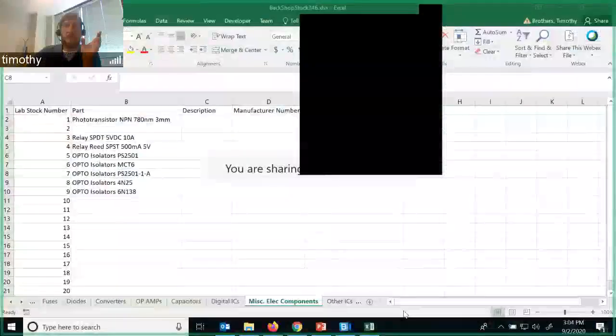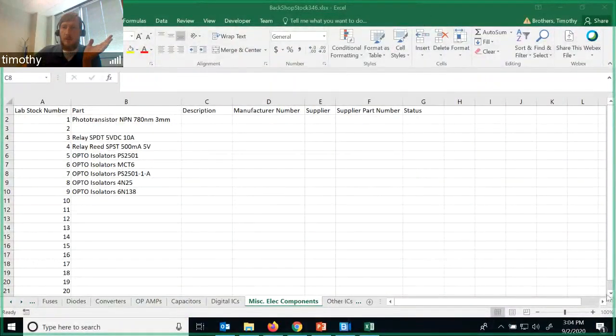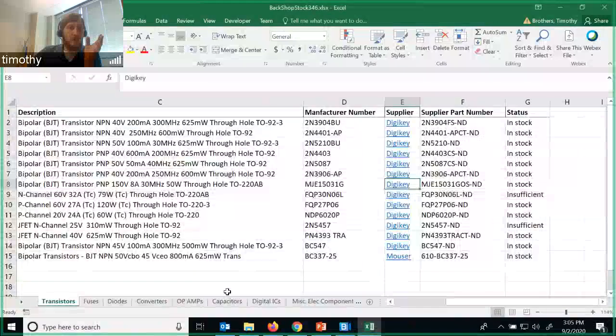And so you can see here is a part sheet, and this is posted to Canvas. So please go to Canvas and look at this. Here are a lot of the transistors, the BJTs and the JFETs, BJT, another BJT, a Digikey link, part numbers, in stock,